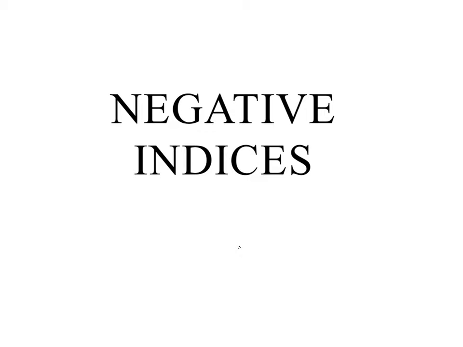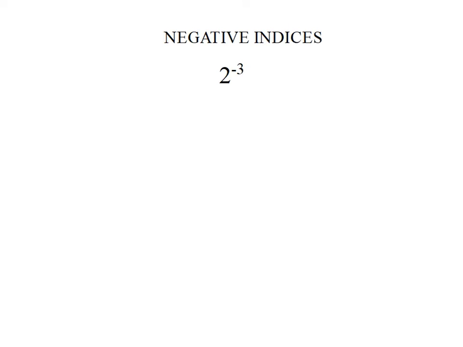In this lesson, we shall learn more about negative indices. Negative indices, what is that all about? Well, here we have a negative index, -3. So we have 2, that is the base, raised to the power of -3, and -3 is a negative number, it's a negative index. So in other words, a negative index is simply a power that has a negative sign